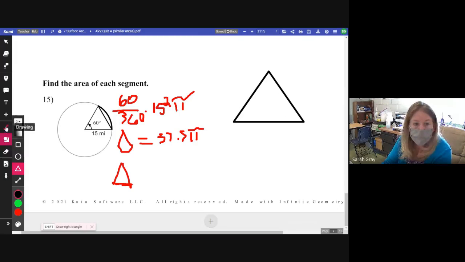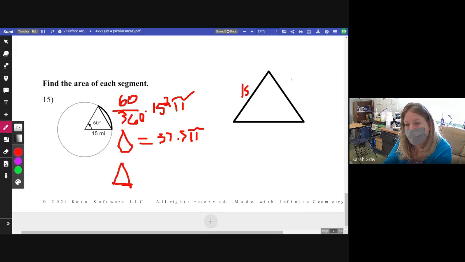Those two sides are 15, and this just happened to be an equilateral triangle, so it made this side 15. But you have to drop the height, split the angle, then use trig to find that height, that red height. This being a 30, 60, 90 triangle, that height is going to be,